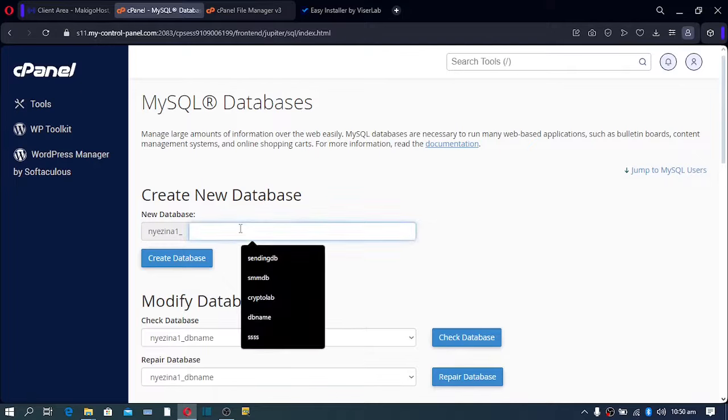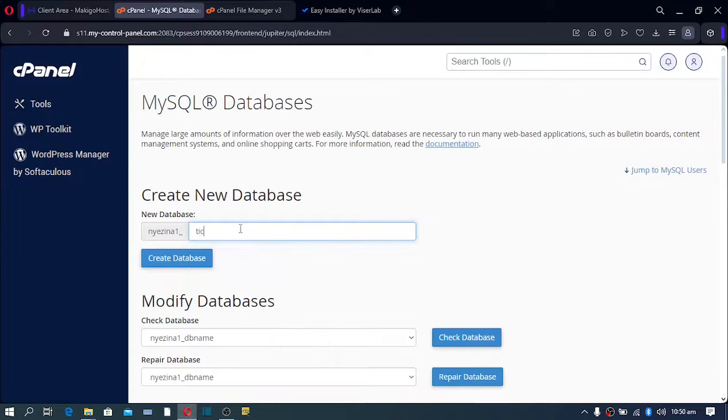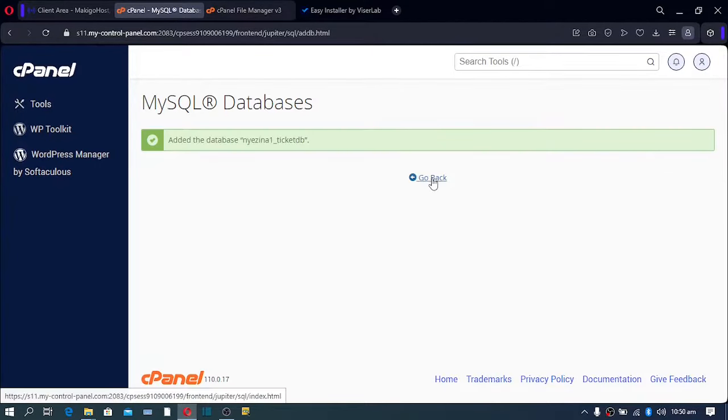Now, because this site is a ticket booking site, let's just put ticket. So ticket, and then you put DB. Okay, that means ticket database. Click on create database. Click on go back,